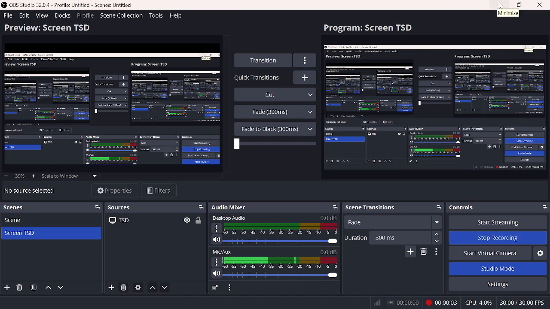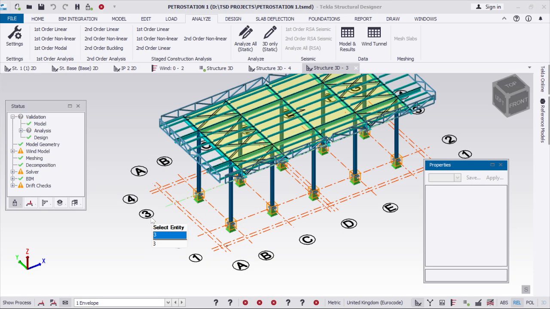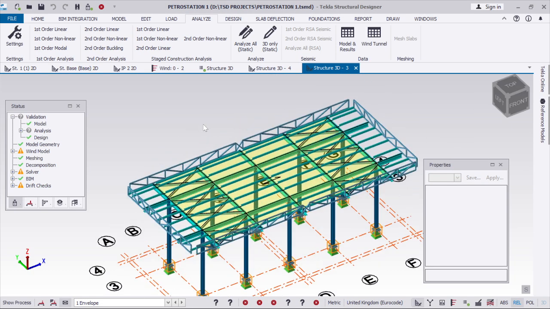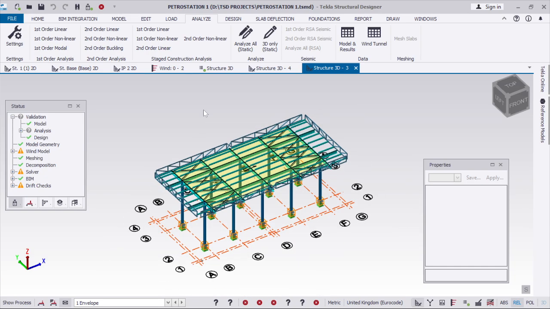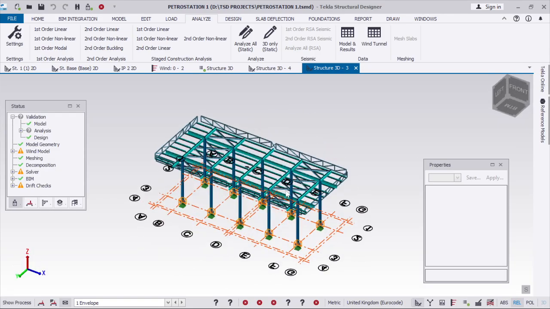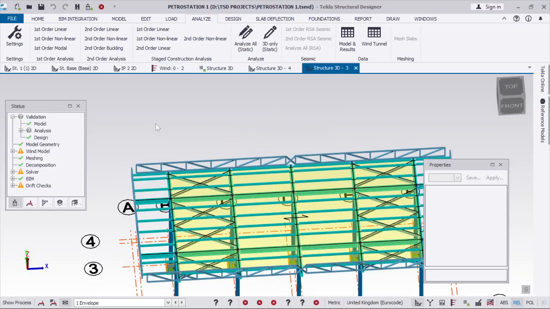Hello there. Here I want to take you through some tips and important things to consider when you are doing structural modeling, analysis, and design of a fuel station like this one. You can see it like this. And one of the things you have to consider is that